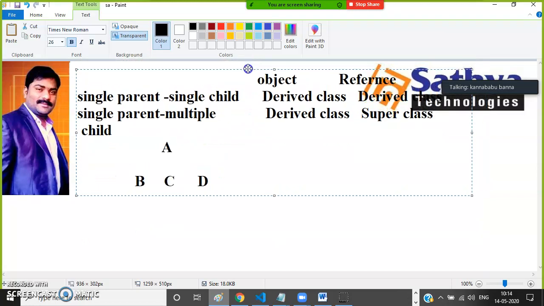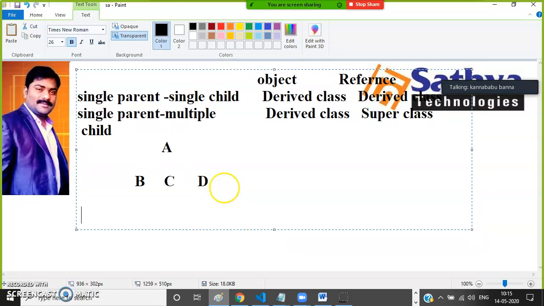In this scenario, what happened? Object is for the derived class. The object will be created at runtime. A1 is equal to new, actually. So always the right-hand side object is created, the left-hand side reference is created. In this scenario, object is not fixed. Object is created at runtime either by the server or by the CLR. Is it clear? Reference is fixed.